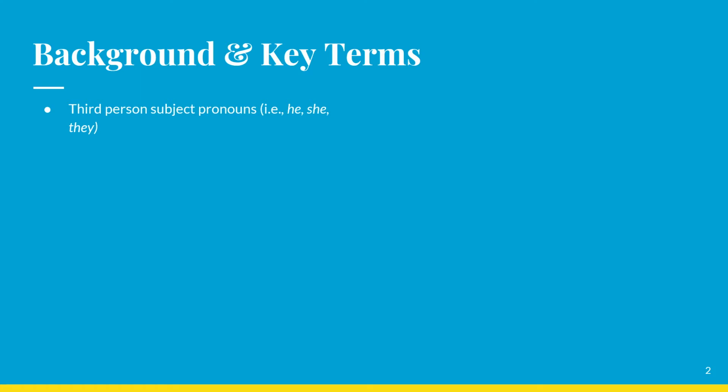The third person subject pronouns in English are he, she, and they. Case errors are when an object pronoun is used in place of a subject pronoun. For example, "him go to school" or "her is the best." I will play a video demonstrating this so that you can hear what it sounds like when